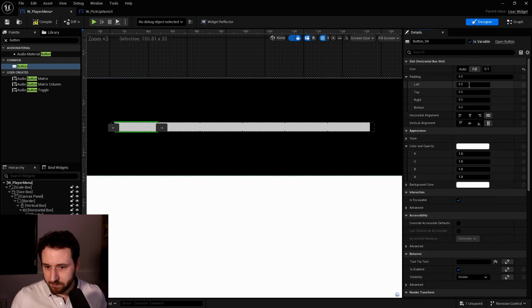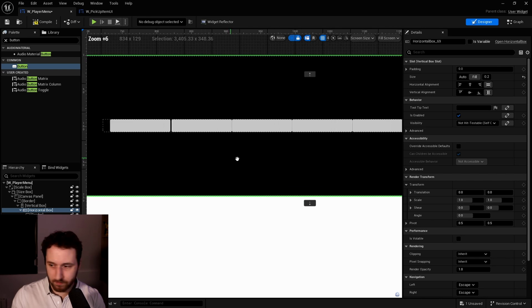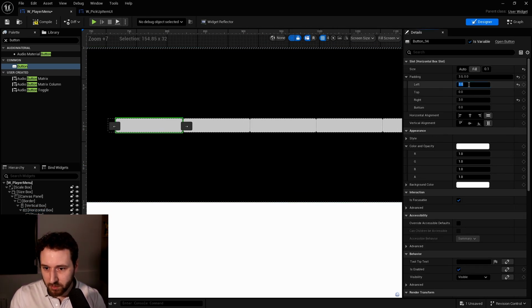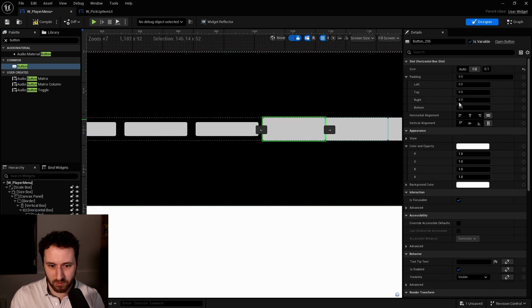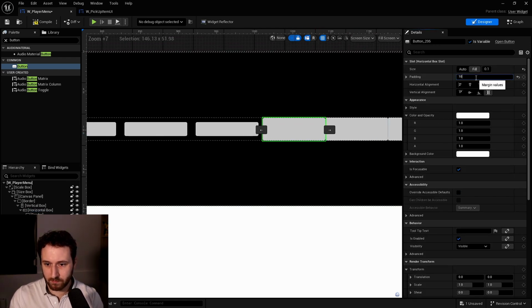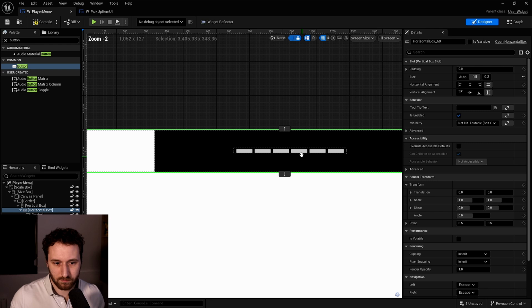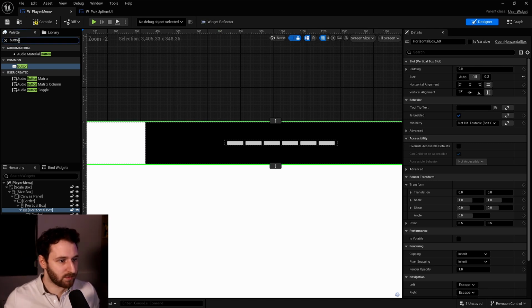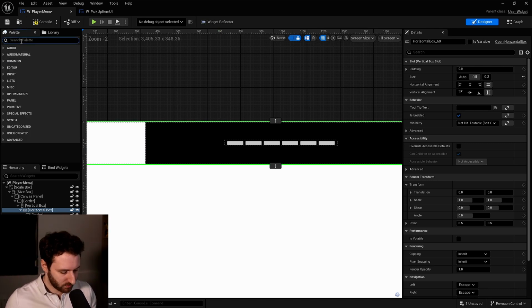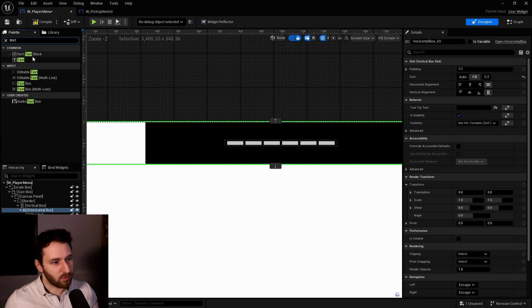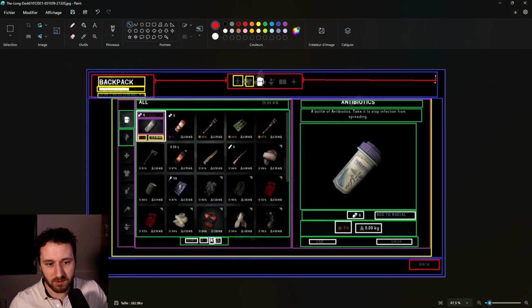We'll add some padding. We can go with a little bit more. 10, 10. And just do 10 in here to do 10 everywhere. That's pretty cool. Now we'll add a text for now because I don't have the image to put inside. So we'll go with text. Otherwise it has to be some image like that.